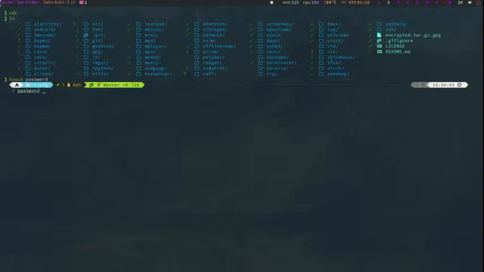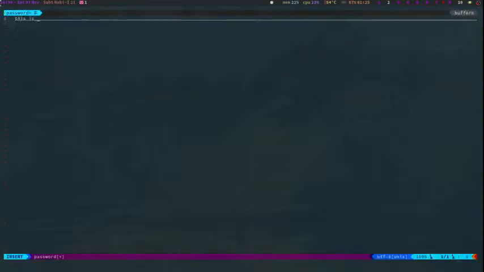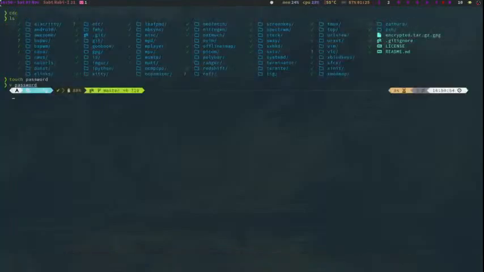So touch password, vim password, this is some random password. So I want to move this password file to etc local share misc.